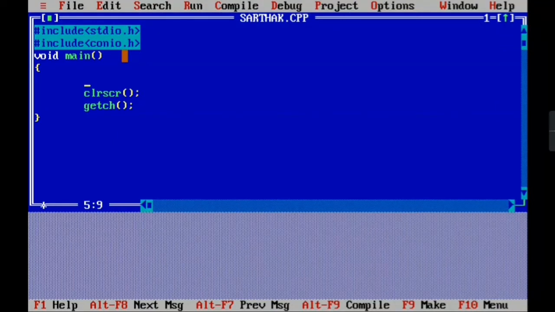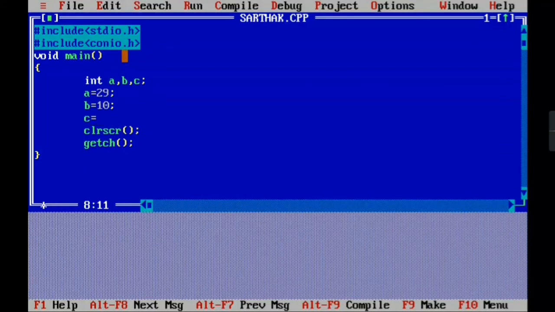Okay, so let's start. First we put int, then a space, and then a, b, c, the variables which we can use. Now we put a is equal to 29, then b is equal to 10, then c is equal to 6.